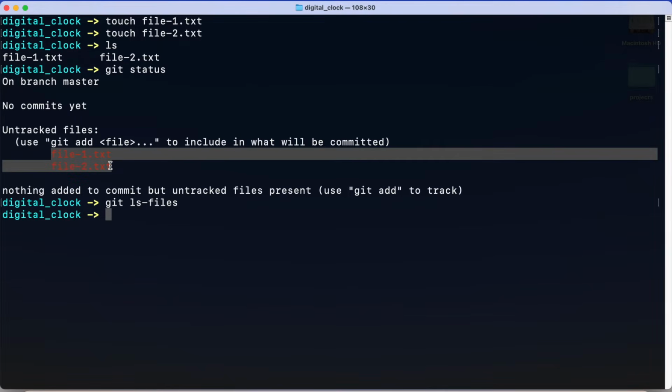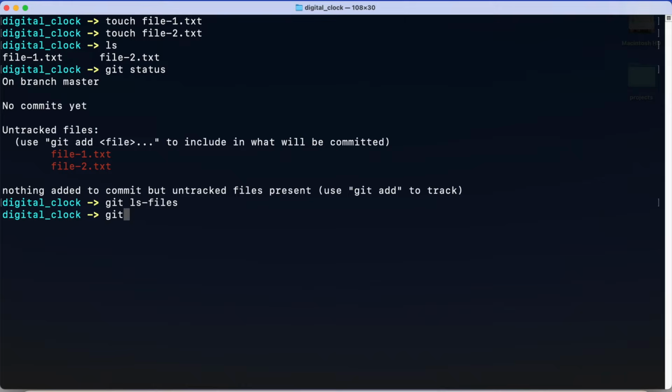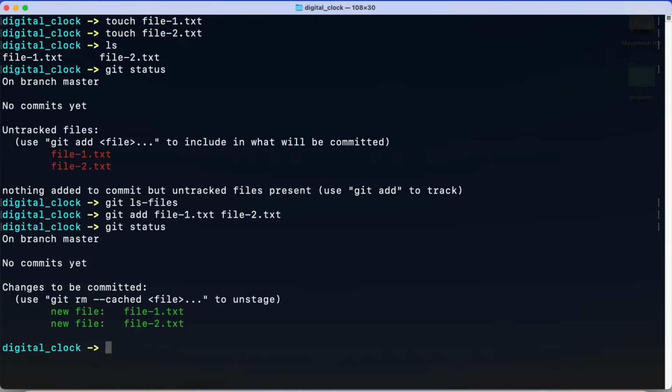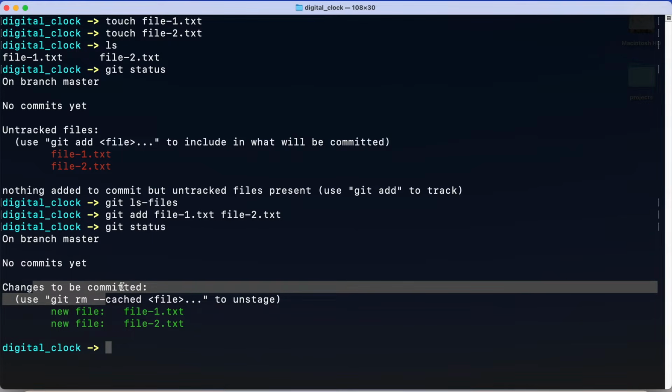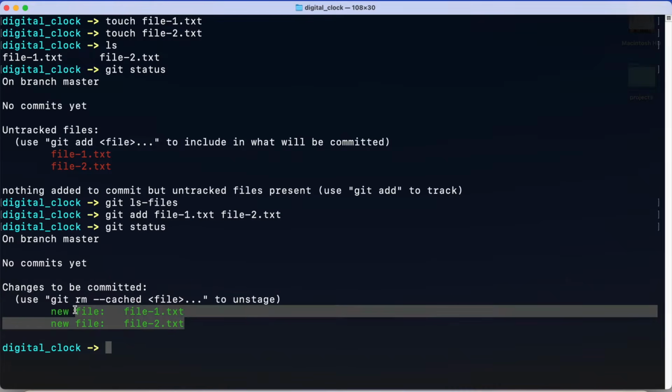Now, in order to add these files to our staging area, we can use the command git add and then the file name. So I'll say file1.txt, and I can pass different files here, so file2.txt. Now these files are added. If I check the Git status, you can see that from red, these files are now shown in green, and it's telling us changes to be committed, meaning that these are now present in the